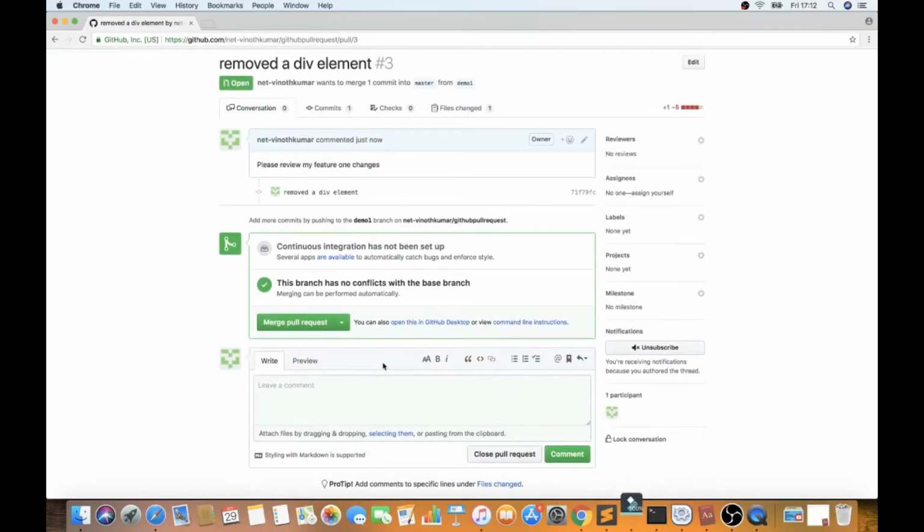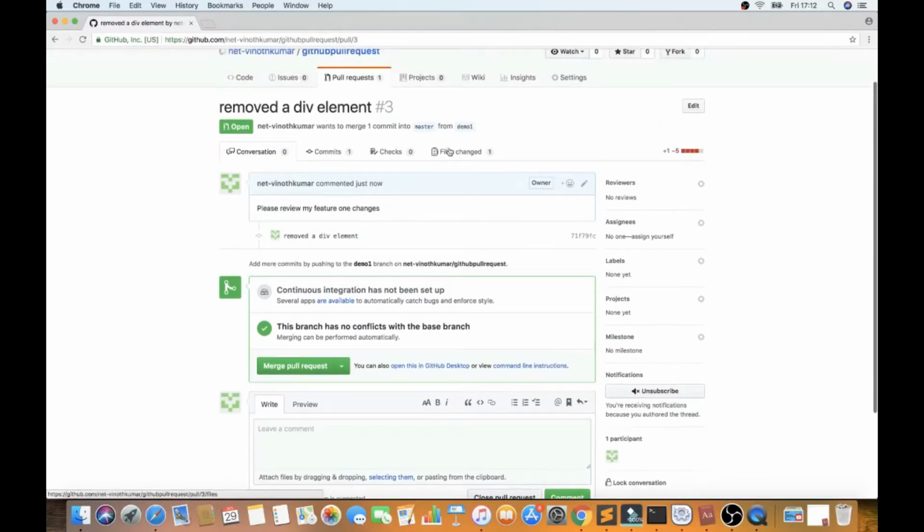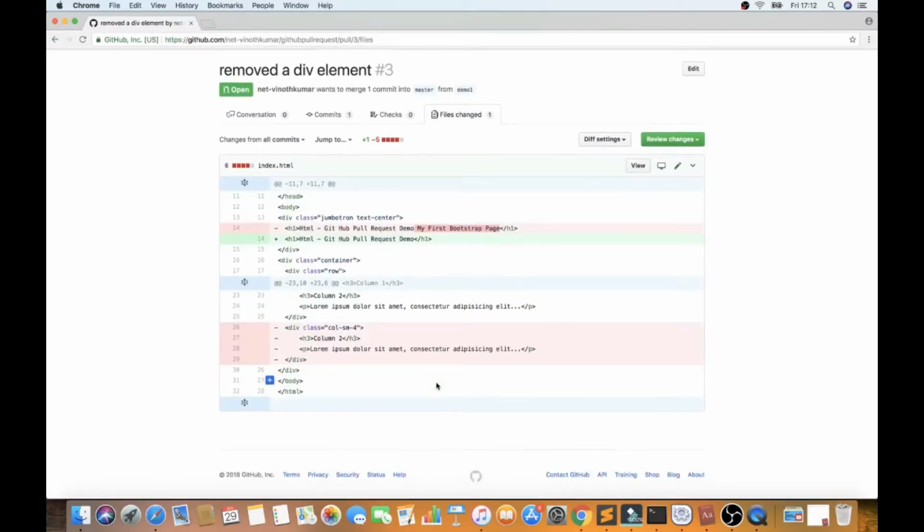So your team members would be notified for this change and they will review your change. For example, hey, he has removed some unnecessary text, and he also removed one div element, and there will be some short discussion. If there are any changes or any refactoring, they would suggest, and they would also give you some comments. And then look, if the code looks fine,